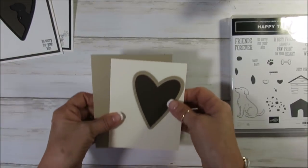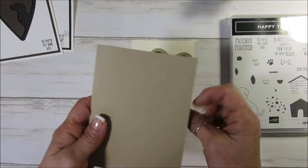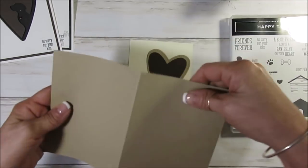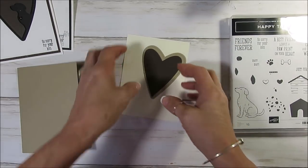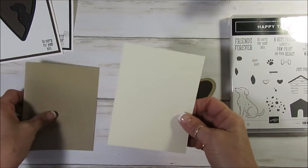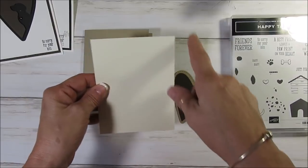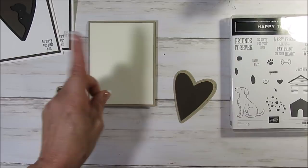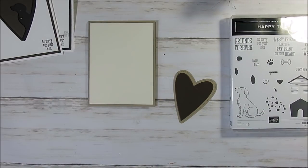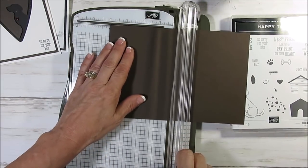This time we're going to do it in the brown tone, so it's Crumb Cake for the base. The base measures 5.5 by 8.5, scored at 4 1/4. Then the next layer is 5 1/4 by 4. You know what, we need one more. Not Crumb Cake, but Early Espresso. Early Espresso is going to be 4